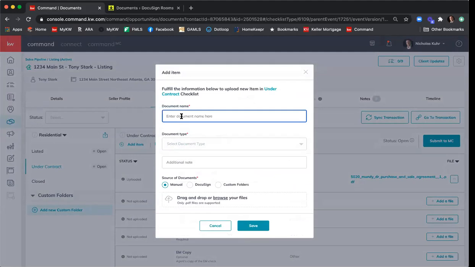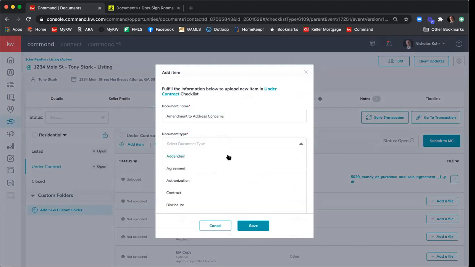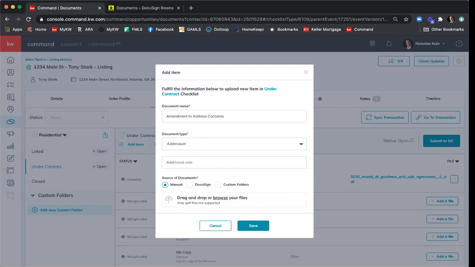We'll give the document a name. So this will be amendment to address concerns. So just give it a name. Then we'll select document type, and there's a list here of all the different types that you can select. It's really not important which type you select. Select the one that's most similar to it, but it's not going to make or break it being reviewed or approved. So I'm going to click addendum, and then I'm just going to drag over a document